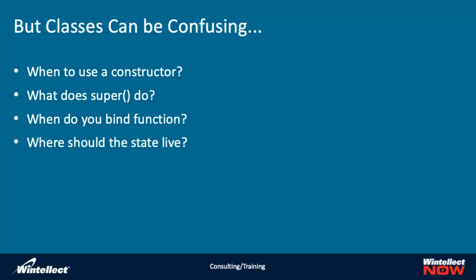But it was quickly determined that classes can be pretty confusing. A lot of JavaScript developers aren't used to programming with classes. Classes in JavaScript don't work exactly like classes do in C-style languages. You have to bind your functions to your component, which often creates errors if you forget to do it or if you do it incorrectly, and determining where the stateful data inside of an application should live can be kind of confusing. So to demonstrate this, I'm going to just